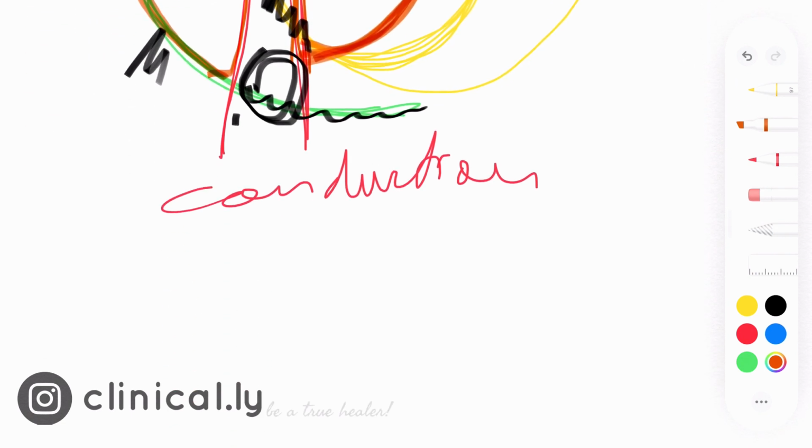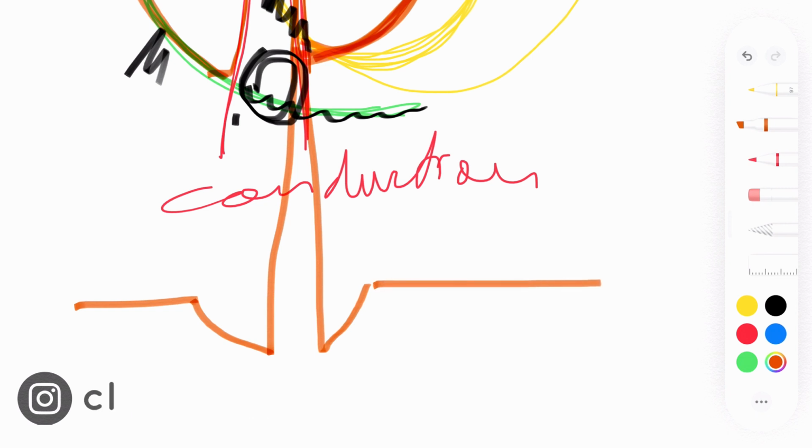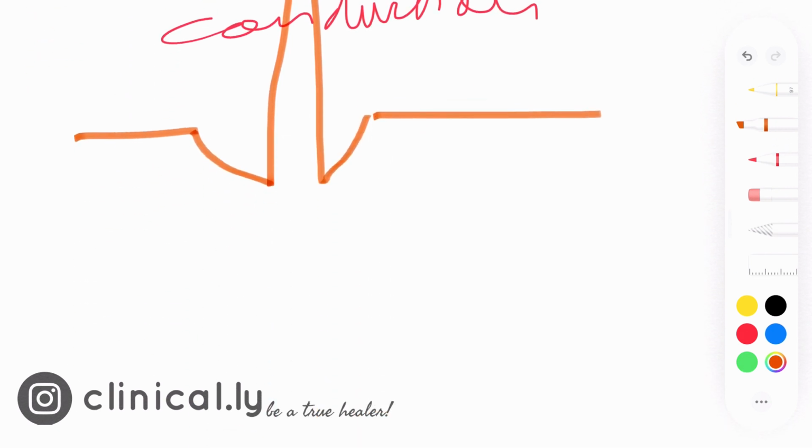So what remains is this: first the septal, then the major chunk of ventricular activation, and then the basal areas of the left ventricle. So this is how we get this spiky QRS complex